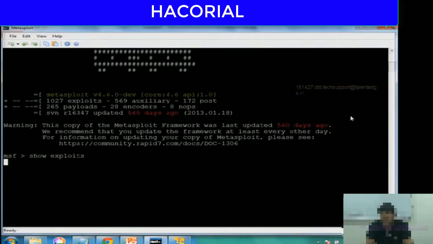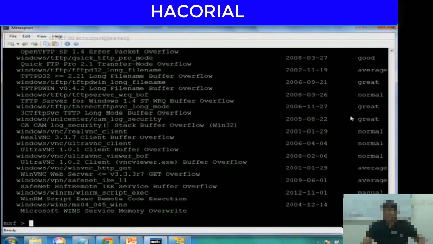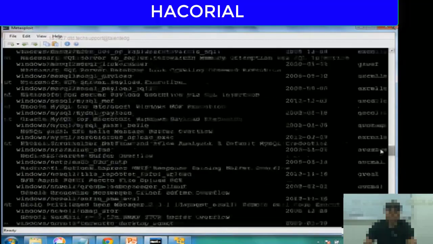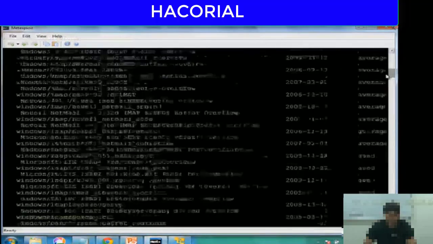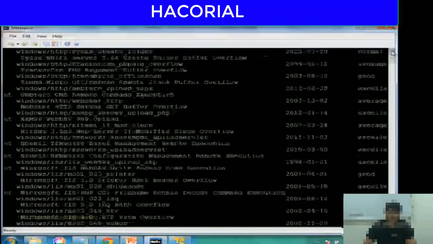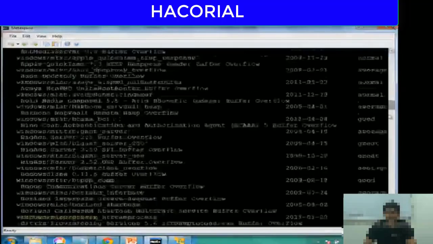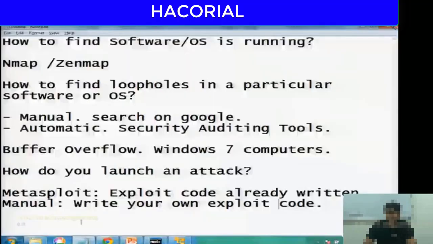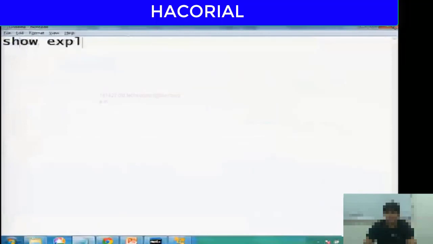If you notice, it says it's not been updated for a very long time, because I'm running the Windows version of Metasploit right now, but I normally use the BackTrack version. I prefer BackTrack for most of my hacking activities, but for the purpose of this course, I'm also showing you Metasploit on Windows. So by typing the command show exploits,